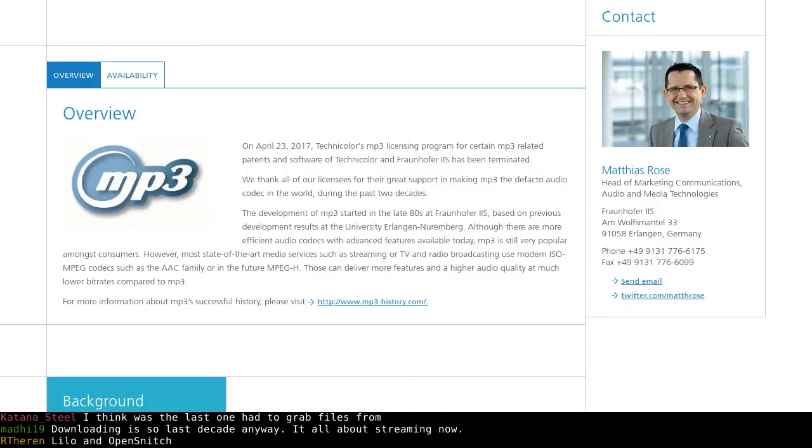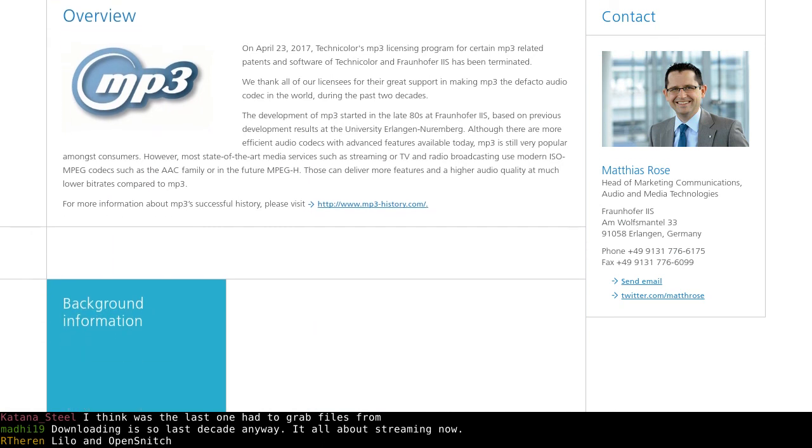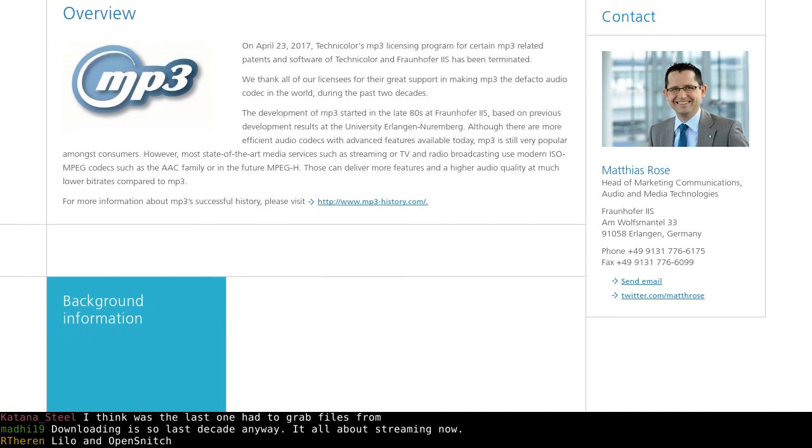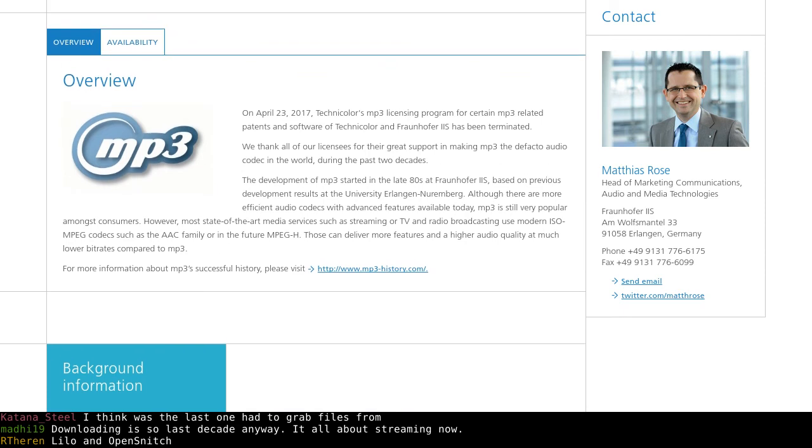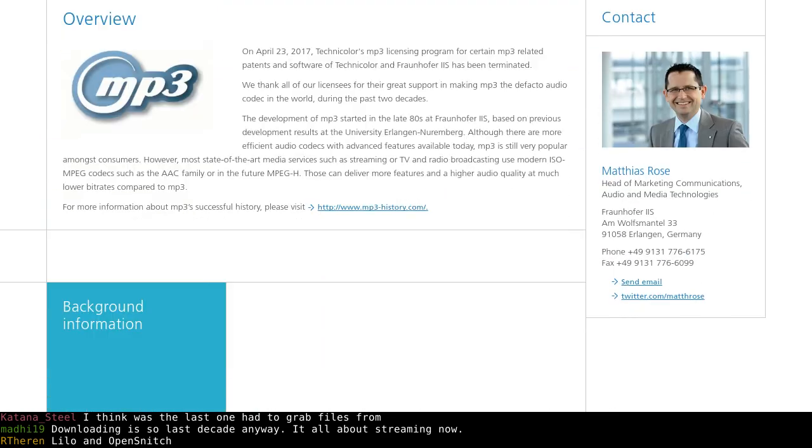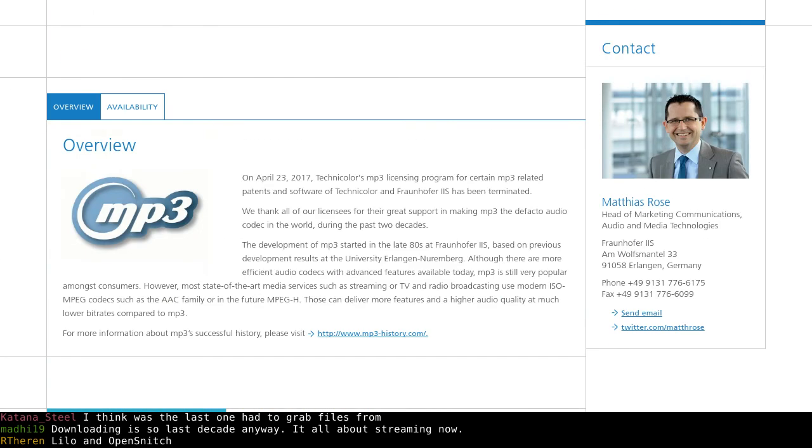Hey, something else that's really nice. Fraunhofer, you may remember them if you ever tried to get something that plays MP3 files over the past couple of years. Well, they can't license the MP3 playback anymore because that patent's expired.